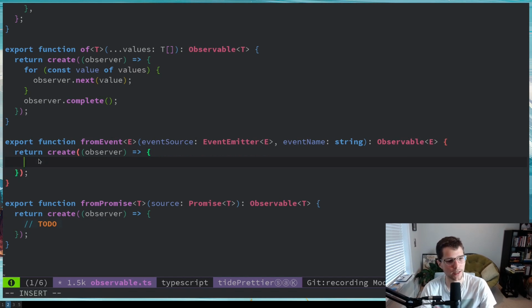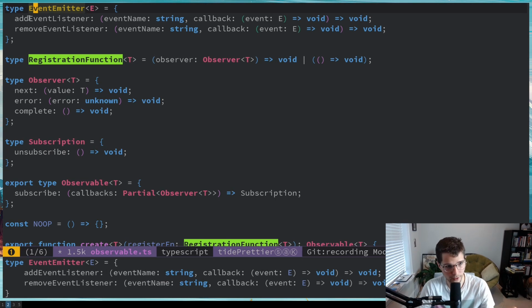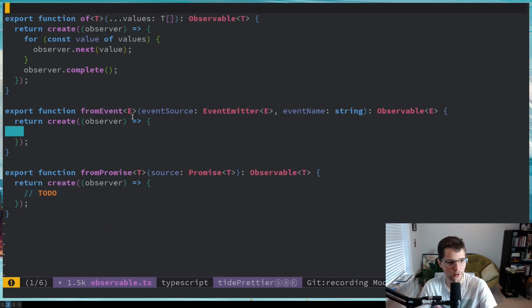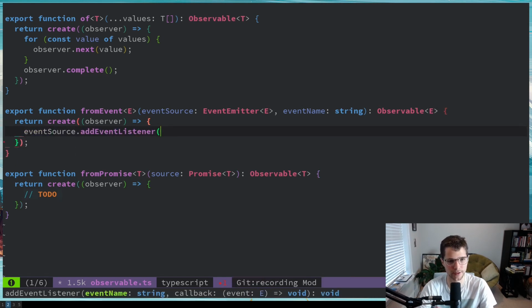So let's go ahead and say, what is an event source, an event emitter? So an event emitter is something that has add event listener and remove event listener. And that's it. So let's go ahead and do that. So I can say event source dot add event listener. And so I get to pass the event name